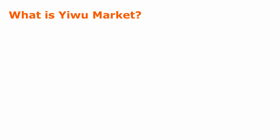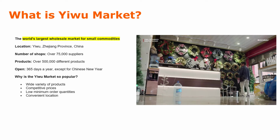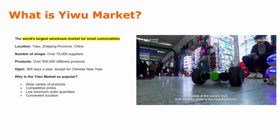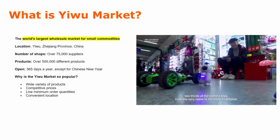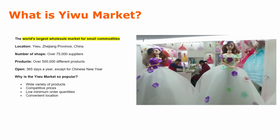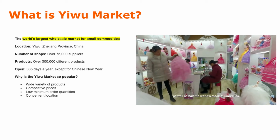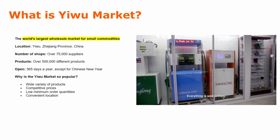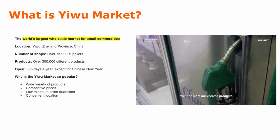Now first off, what is Yiwu Market? Yiwu Market, located in Yiwu City, Zhejiang Province, China, is one of the world's largest wholesale markets and is well known for its extensive selection of small and cheap goods. With over 75,000 shops, the Yiwu Market offers more than 500,000 different products, making it the largest export center in